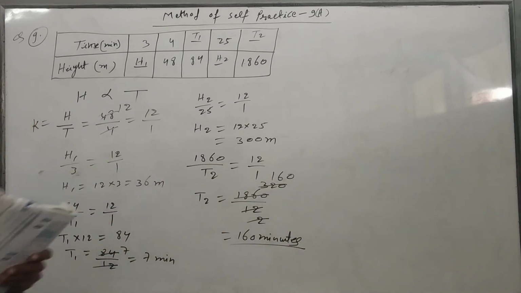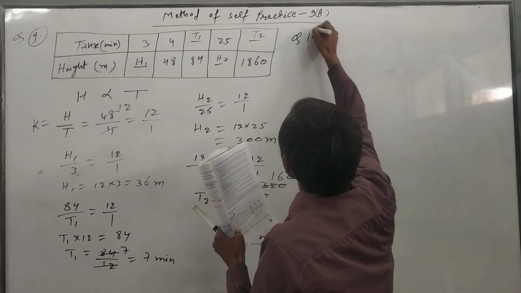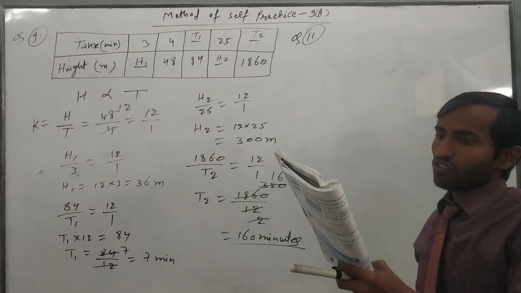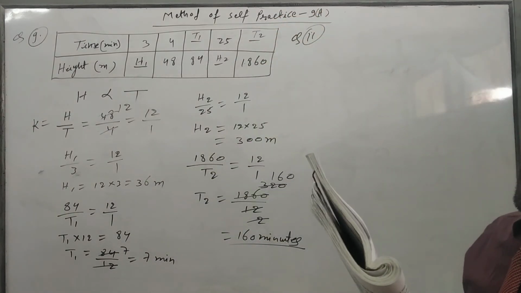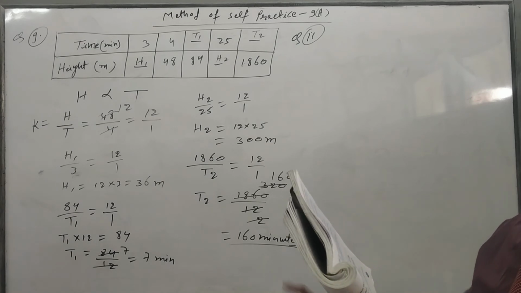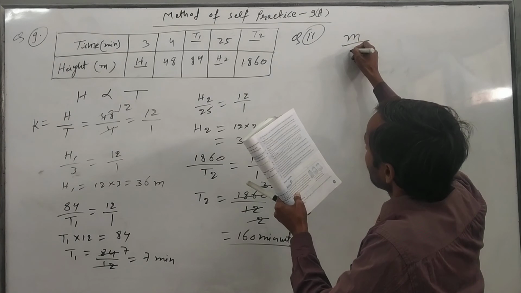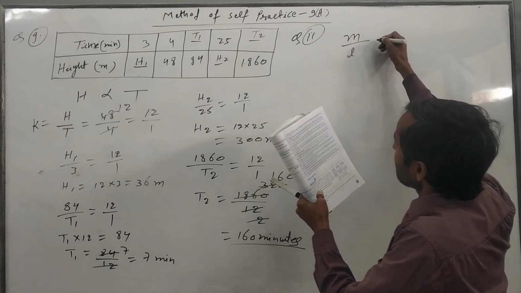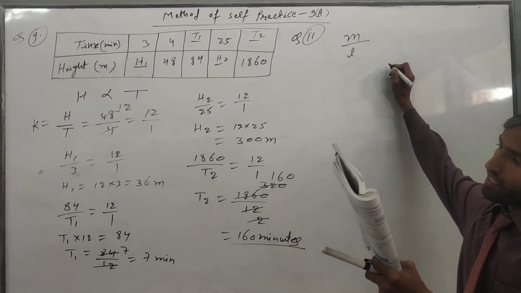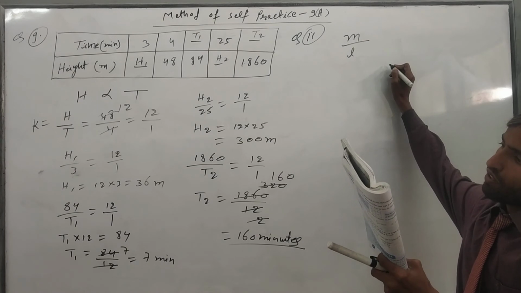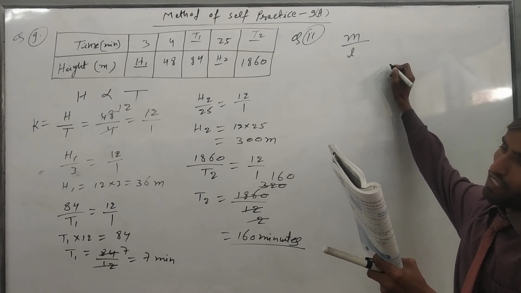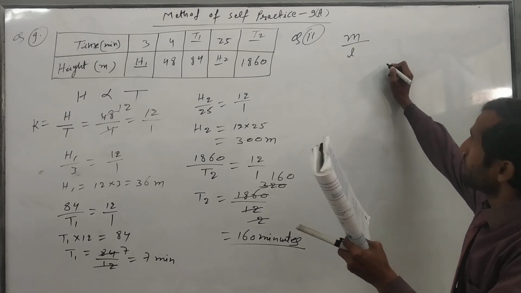Now we will do question number 11. All of you read the question number 11. What is given in that? In the question number 11, here the mass of uniform copper bar varies directly as its length. Question is given, means mass is directly varied with length. If a bar of 40 cm long has mass of approximately 420 gram, question is given.